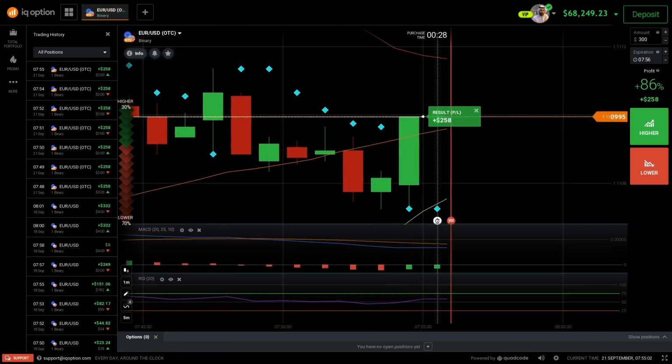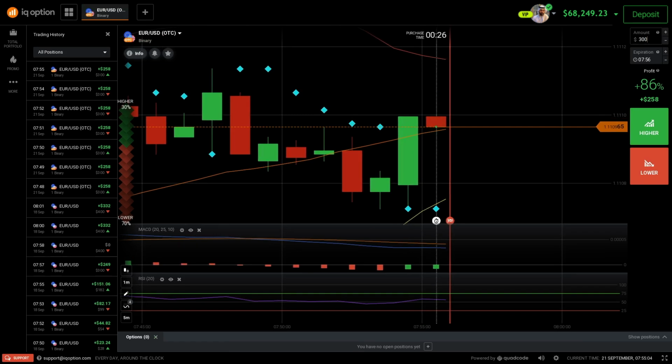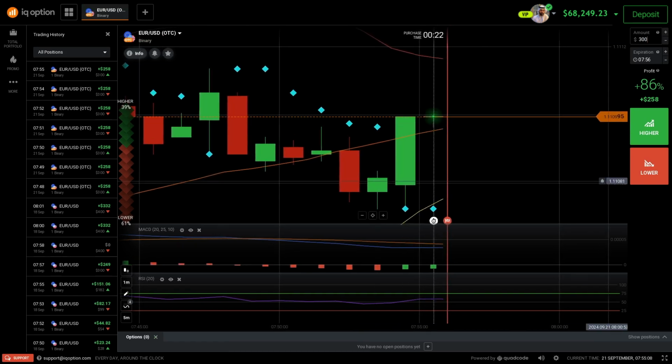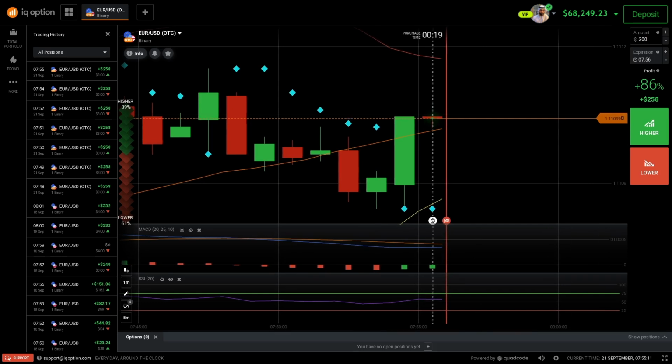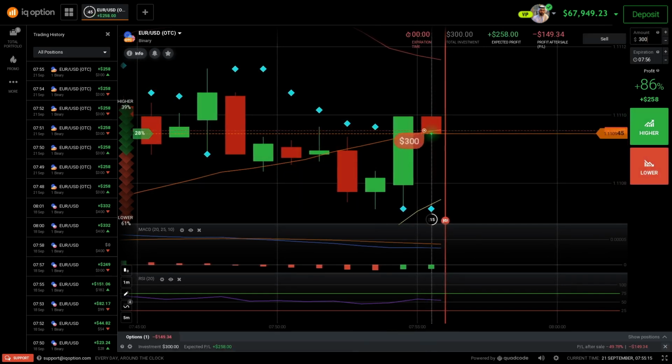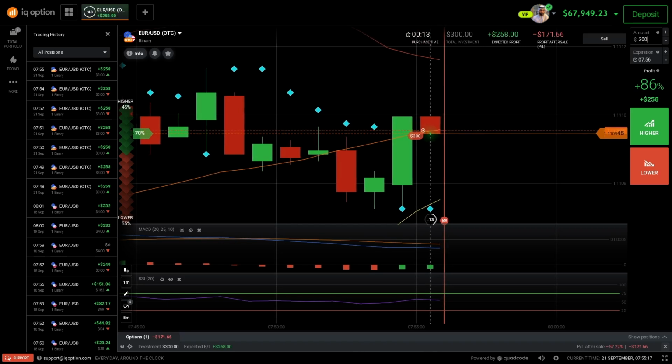So yeah, this downtrend was... I guess we should go down again. We should go down again. The Bollinger Band is acting as a resistance line. As I was saying, guys,